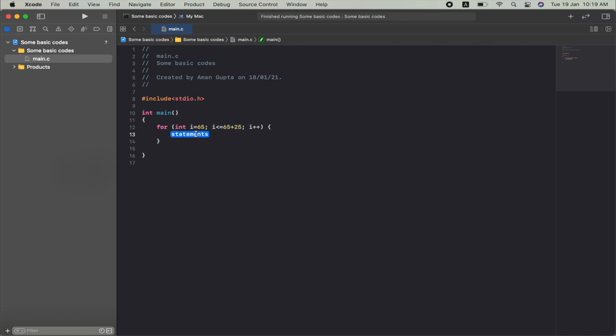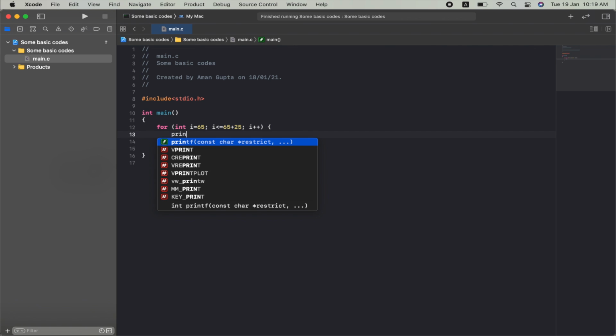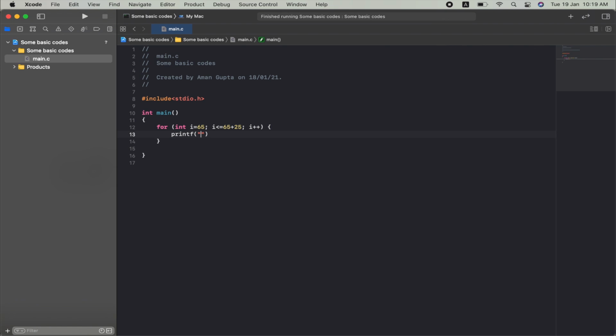So now we will print this. We will use %c here, as we are going to print the character from these ASCII values. And we will give the value I here, as for every ASCII value we are printing the character for that.